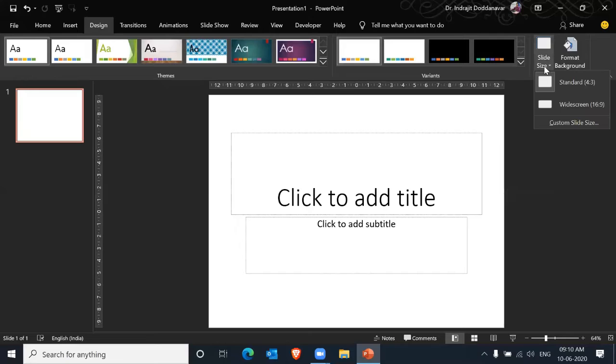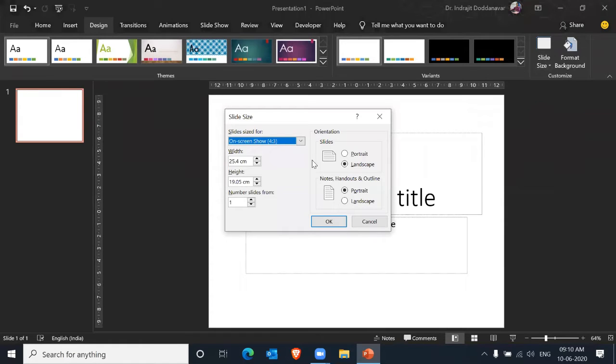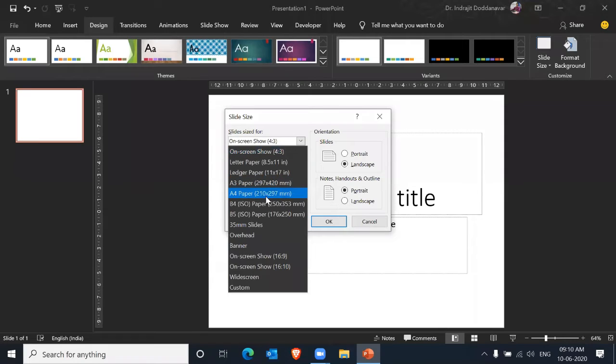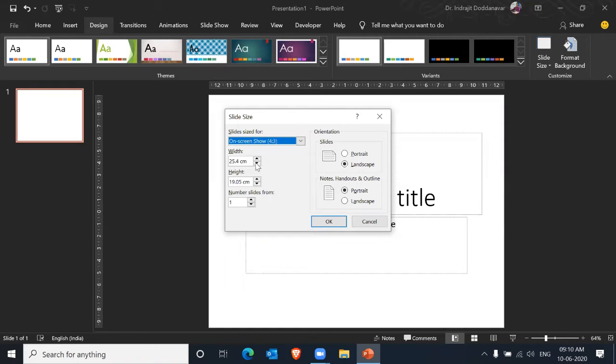Also, if you want neither Standard nor Widescreen, you can customize your slide size. When you click here, you will get so many options. You can keep A4 size, you can do a banner also, and you can go here and change your width and height accordingly. Whatever width or height you want, you can change it here.